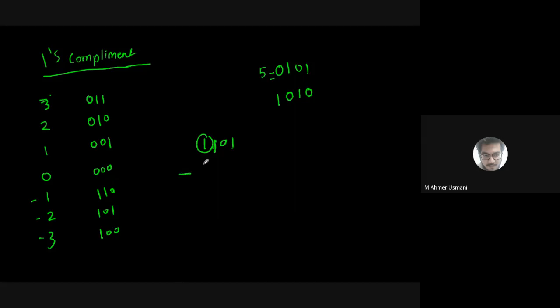Now moving ahead. Since the number is negative, this is not your actual number. You need to take its ones complement. Take its ones complement, what will come? The complement of 1 is 0, the complement of 1 is 0, the complement of 0 is 1. So this is 0 1 0, which is 2. And the number is -2. Are you guys getting it?